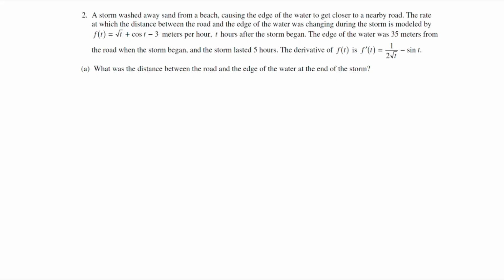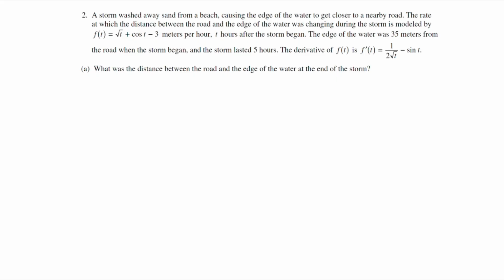And we know the storm lasted for 5 hours, so we'll say from t equals 0 to t equals 5. We're also given the derivative of this function, f of t, which was the rate. So the derivative of the rate is 1 over 2 root t minus sine t. We want to know what was the distance between the road and the edge of the water at the end